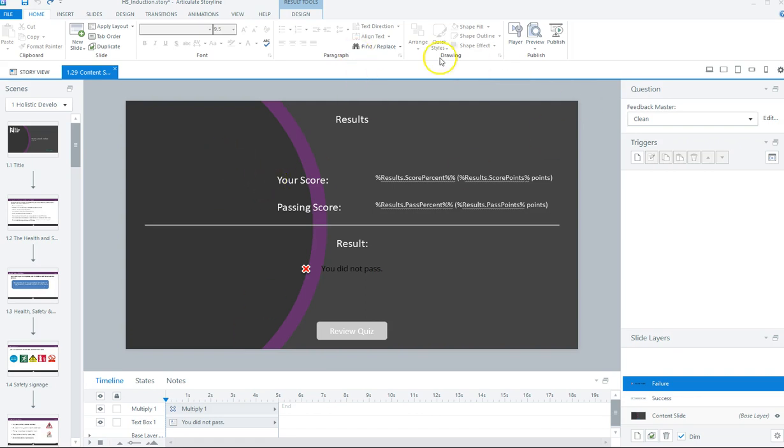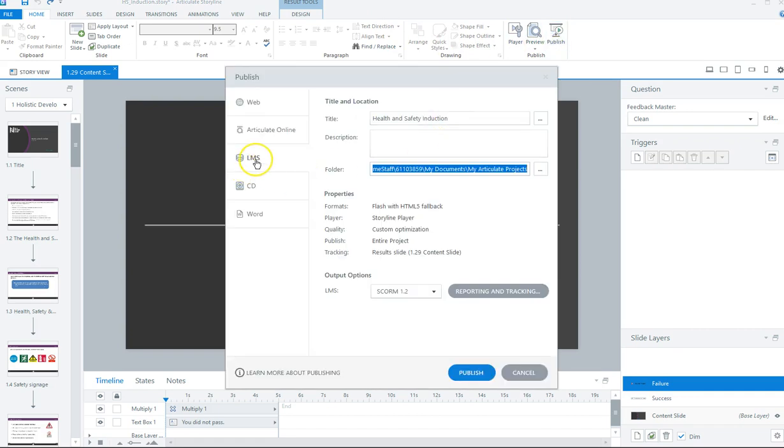Well, you need to export it from Articulate, and you can pop it onto your VLE, whatever that is, Moodle, or Canvas is the one we're currently using. So then you would publish it, and there are different ways to export. We're using SCORM 1.2 for Canvas. So we download that as a zip file, and if I just pop onto our glorious VLE,